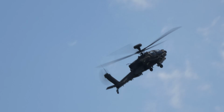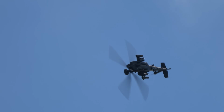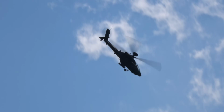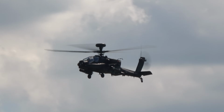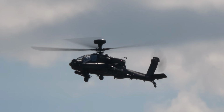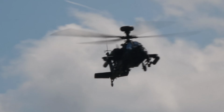Combining half-cycle pedal inputs as well as monitoring the ground, a 10-ton helicopter can be flown back over its right shoulder through 360 degrees. A hard left 360 degree, 90 degrees, to keep the weapons and firing constraints for as long as possible. Both the rockets and missiles can engage targets out to ranges of 8 kilometers, while the powerful M230 30mm cannon